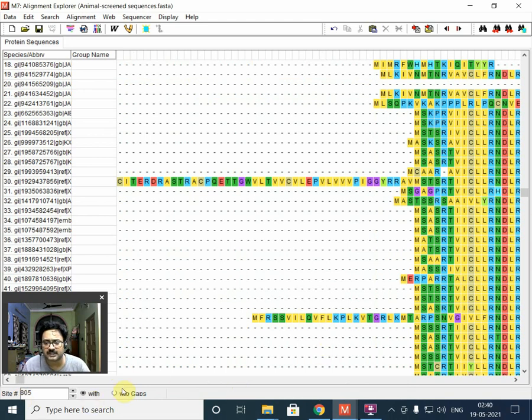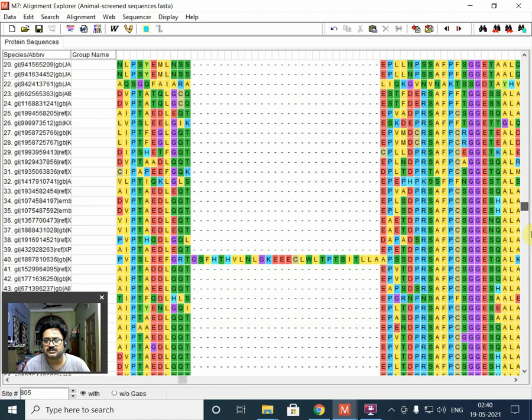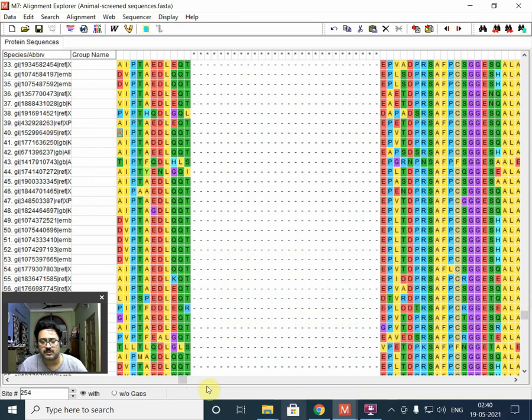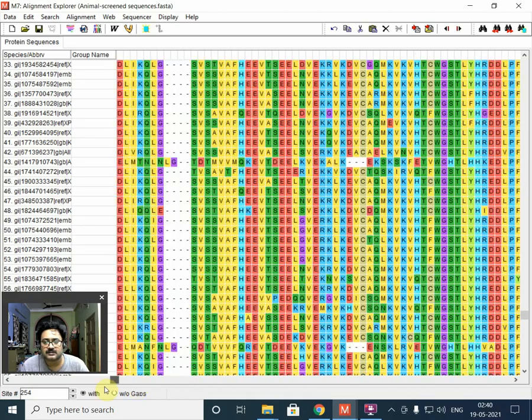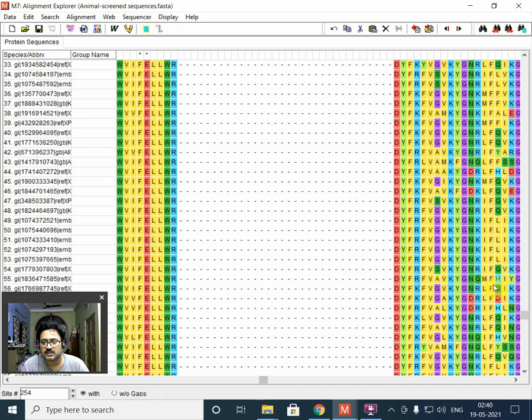If you scan through the data, first of all, here is a big gap. If you scan through the whole data, there is no other place where this particular thing is present. This one is 265 to 292, so that is approximately 27 to 28 nucleotides. So if we remove this particular sequence, number 1, and then scan through again, here there is a big gap.